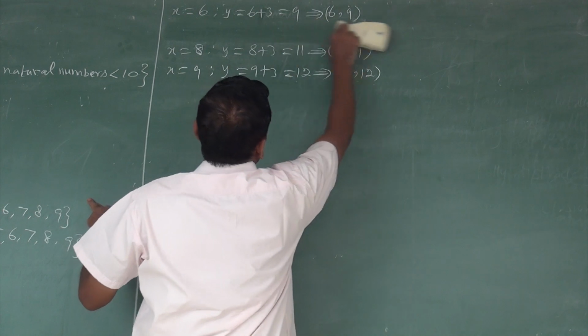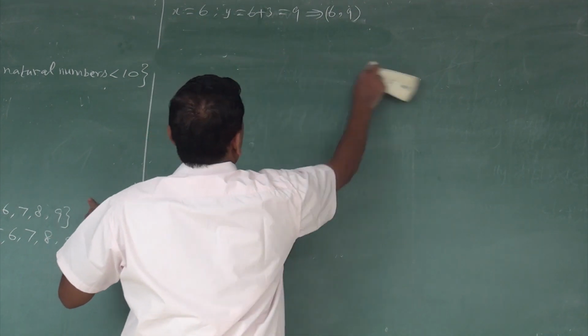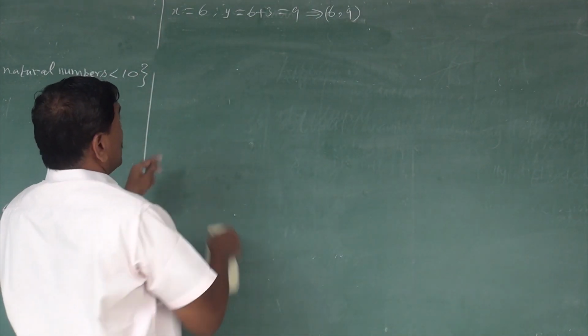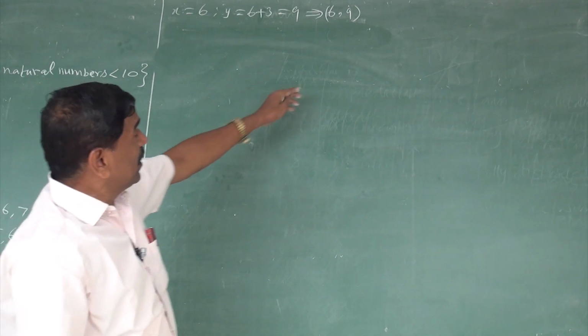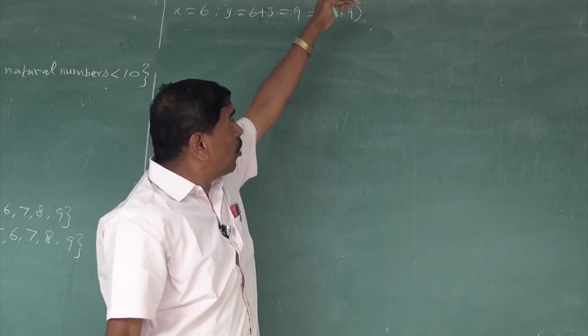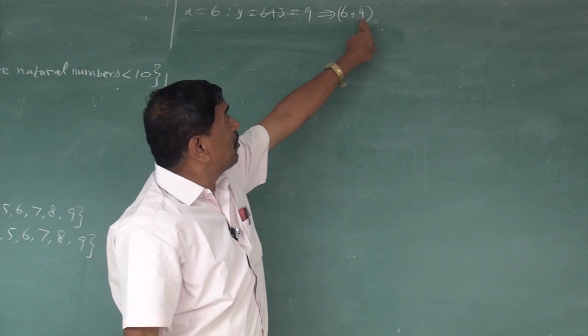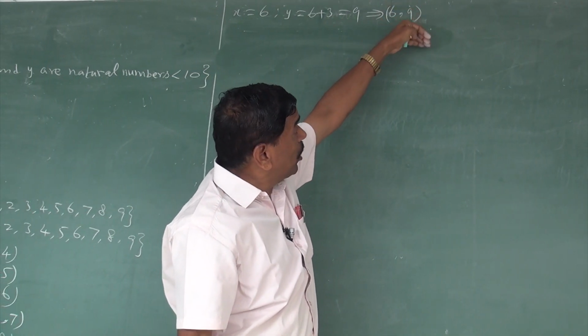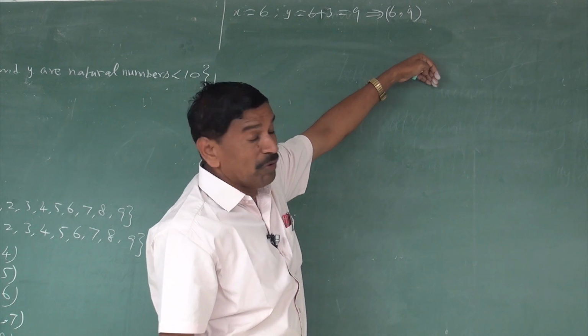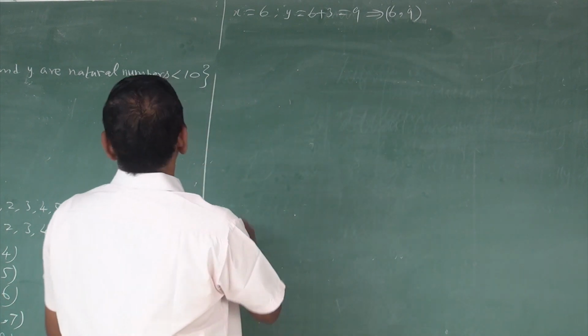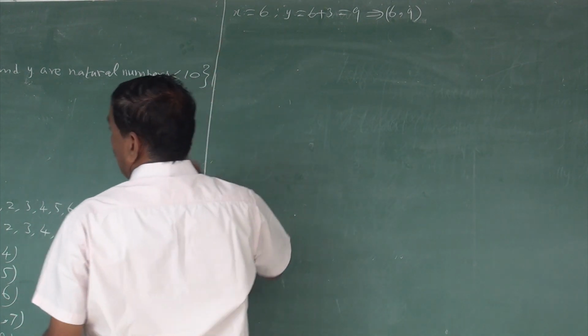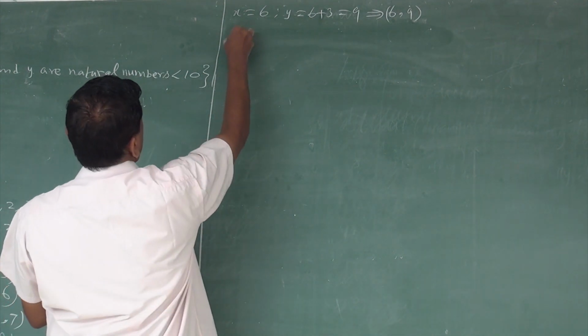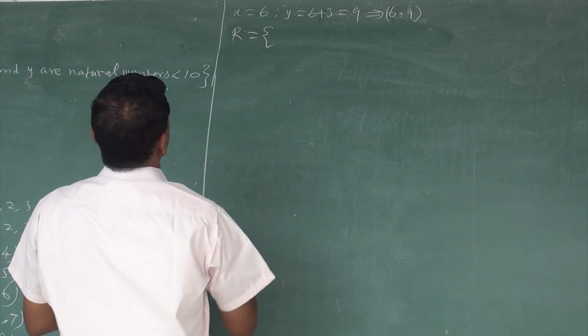So you want to rough it out. Okay. x can take the values 1 to 9, but the y value is also up to 9 only. Here 6 comma 9, y value 9, so up to 9 only. That is, y value 10, y value 11, y value 12 are not possible. Okay, 6 only is enough.